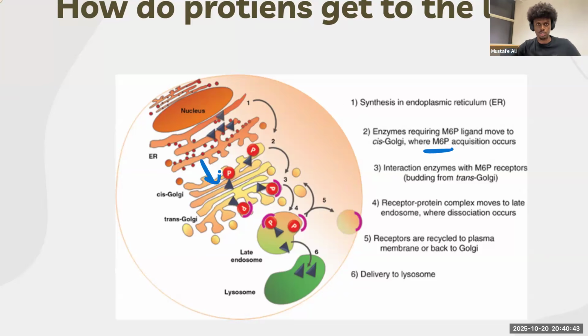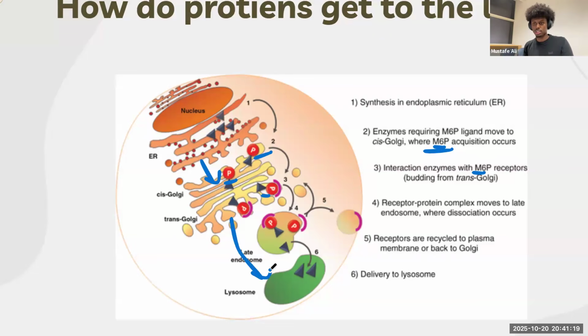Now, what happens in the Golgi, you may be asking? In the Golgi, this protein gets its mannose group, remember the sugar group that was added on in the RER, phosphorylated, or a phosphate group is added onto the mannose. So it then produces the structure called M6P. What this M6P will do is allow the protein to enter a vessel that will take it to the lysosome. And that's how it ends.